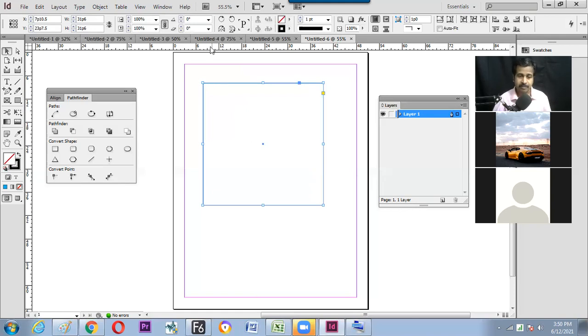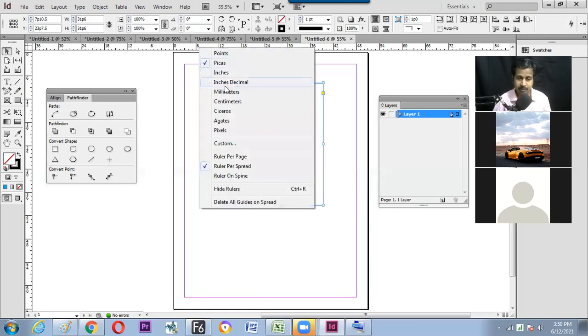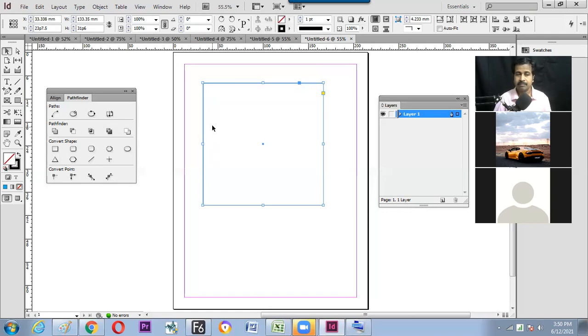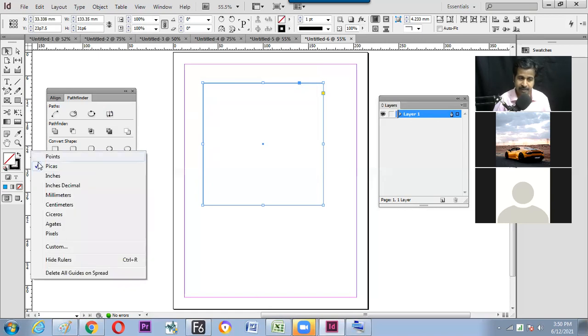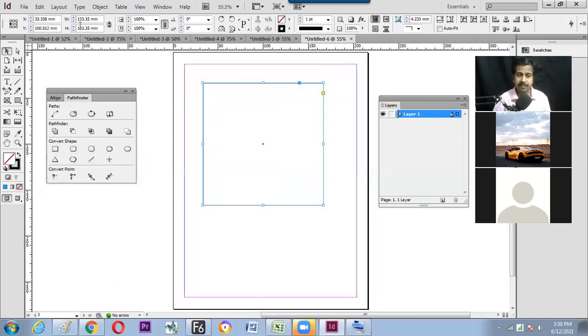Step number 1: convert this unit system to millimeter. The left side ruler's unit system also has to be changed, by right click, millimeter. Then we can find the rectangle's unit on the option bar; turn it into millimeter by millimeter. Is it okay now? Let's make the size get down from this side. What is the width? 90 mm. And the height? 50 mm. So,